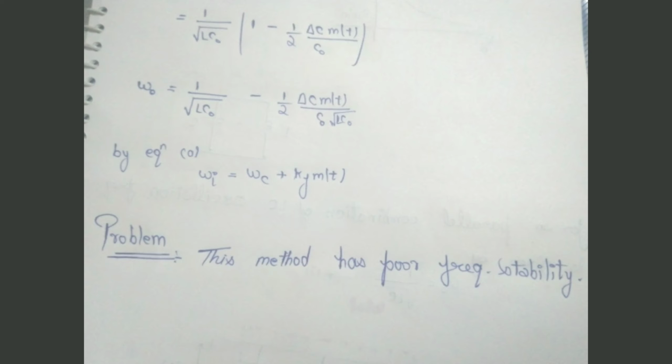But this circuit has one problem, that is poor frequency stability. Means if we want to obtain 94.3 FM, once it gives 93, once it gives 94, so we get confused as to which frequency we have to set. One time it goes to one value and another time it goes to another. So this gives a poor stability factor, which can be improved in the indirect method.